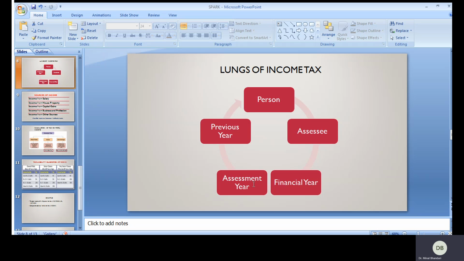For example, if we are considering 2020-21 as the financial year, its assessment year is the next year, that is 2021 to 2022. That means the year in which the income is assessed. It is evaluated, it is checked, and according to that we need to pay tax. And when we enter the next financial year, that is the assessment year, obviously